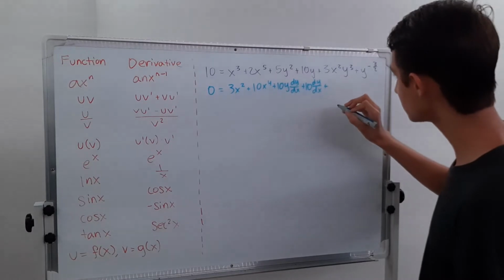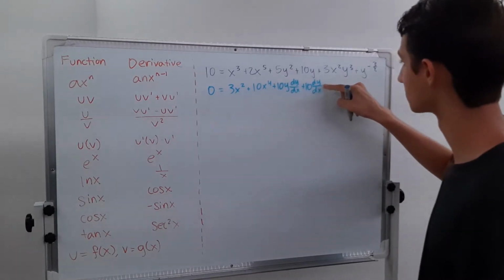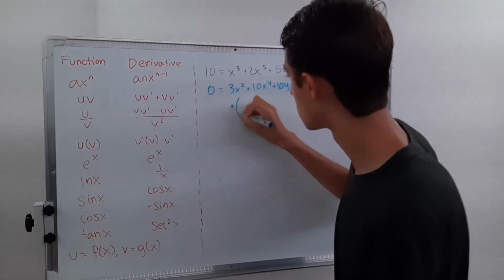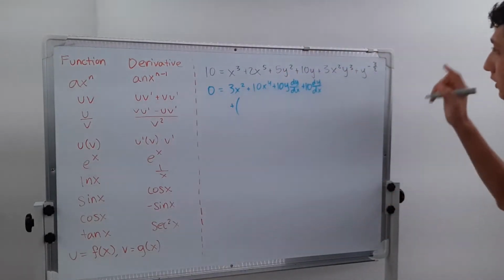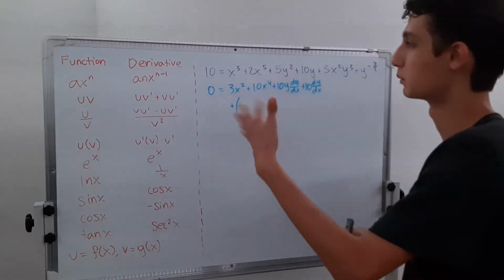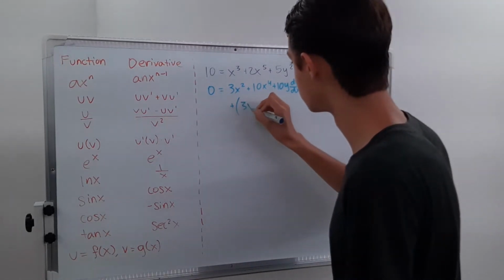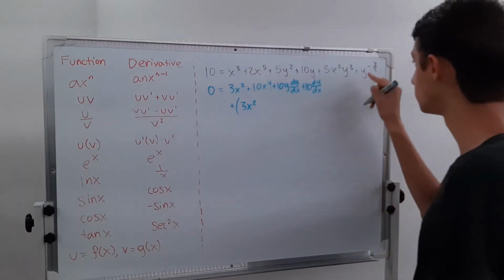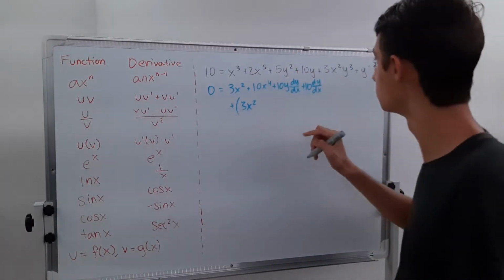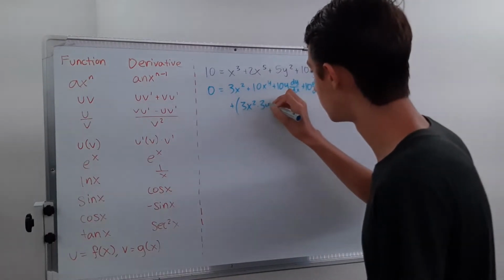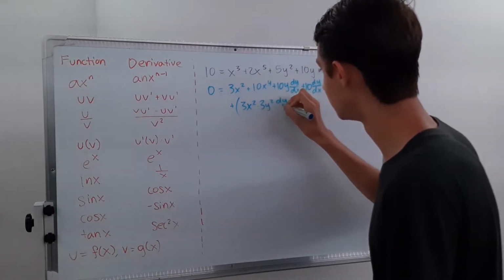So, let me do that down here actually, so let me just bring it down here, plus, open a parentheses, it doesn't need to be there, but I like to group it. So 3x squared, just write it out, times y cubed, derivative of that is going to be 3y squared, so times 3y squared dy dx,